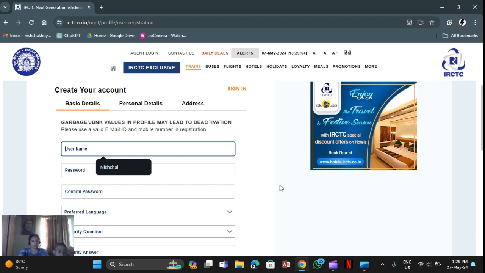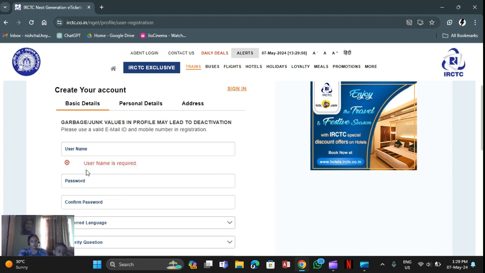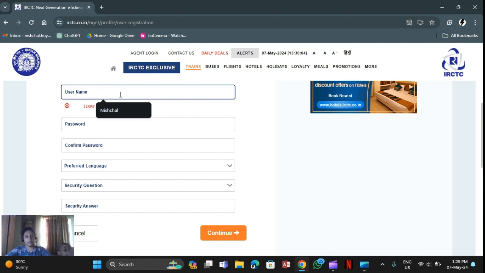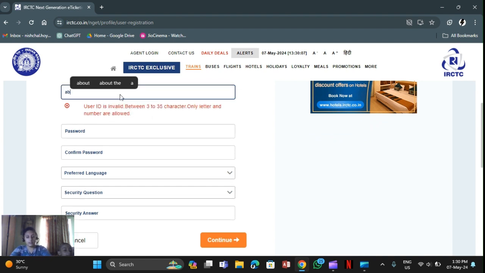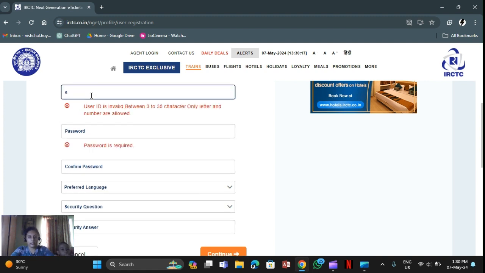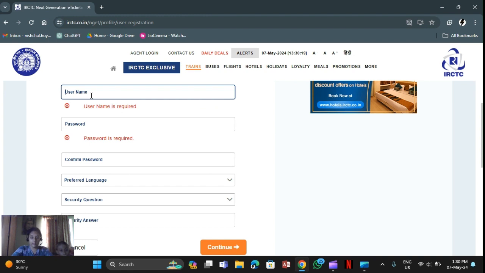First, you should fill in all these details. If your name is, say, ABC, just put that. You should create your own password, whatever it is, and confirm the password here. I can't show a few contents, so I'll just tell you roughly so you can follow. Username, you should fill in the username details. Password also you should fill in. You should confirm the password.